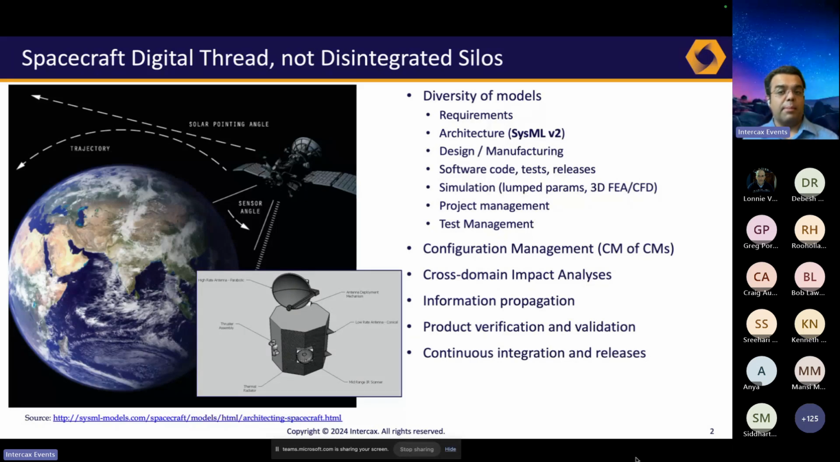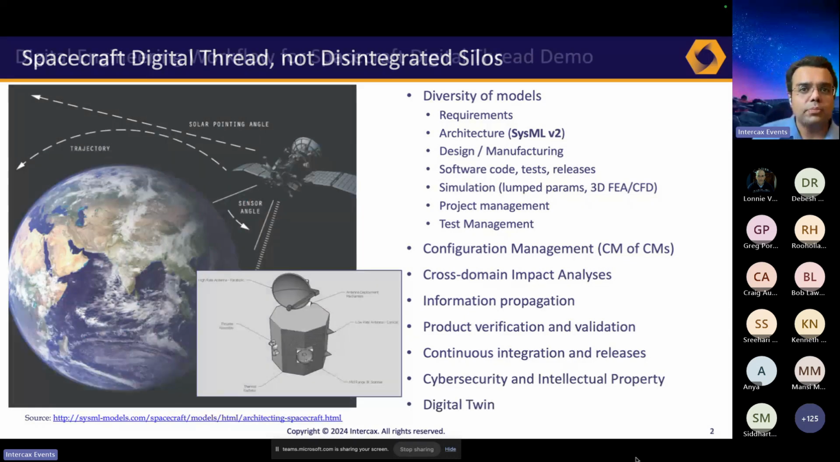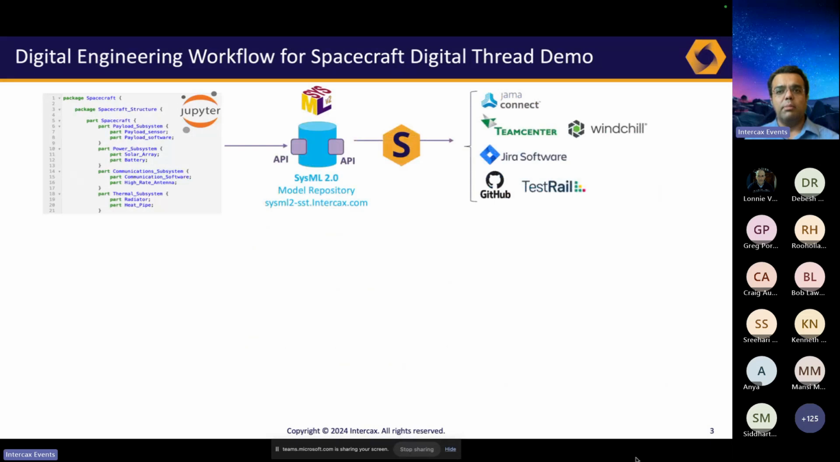And you can do CI/CD types of approaches, right? Automate that, as Greg Porter was alluding to in the morning. And then obviously you can track your cybersecurity and IP and support a digital twin. So the digital engineering workflow I showed in the morning was, hey, you could take the SysML v2 model in the textual syntax, push it to the repository using a standard API, and Syndeia can magically build this